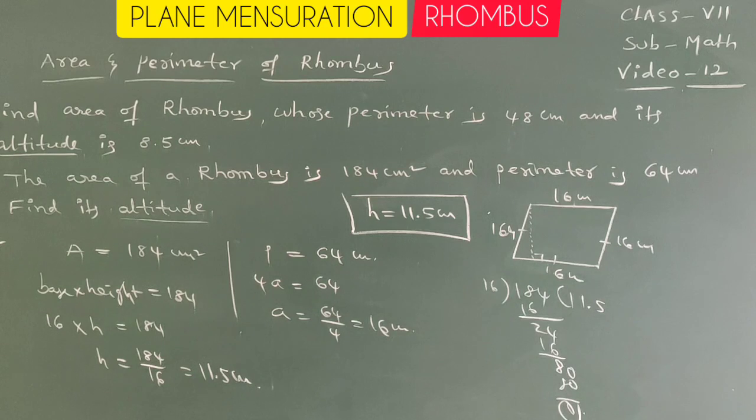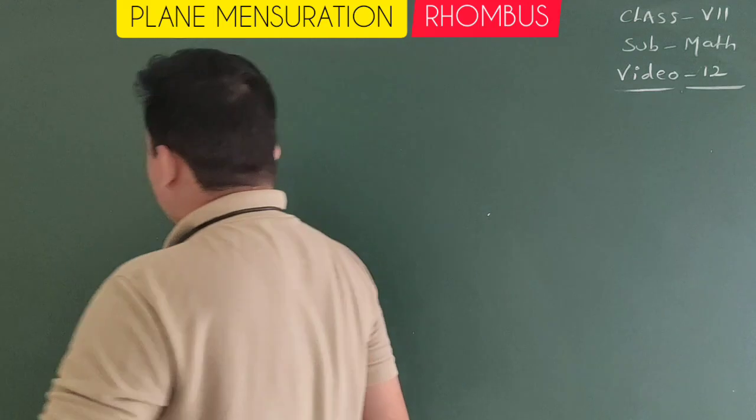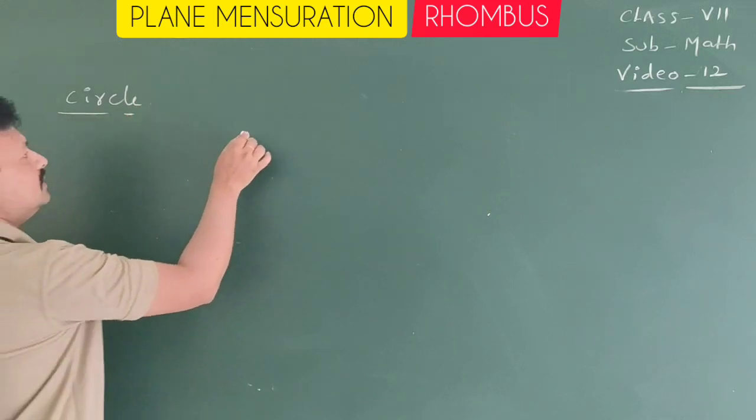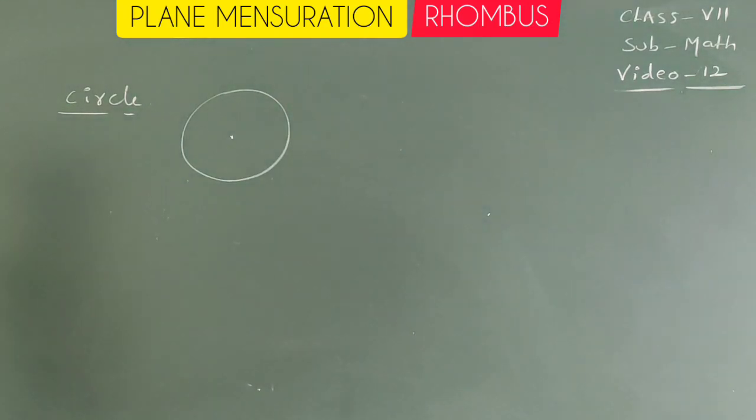Circle. Already we discussed the circle and its properties. Once we need to look over there, and I'll write all the formulas which belong to circles, and tomorrow onwards we need to discuss the problems based on circles. Circle is a set of points which are equidistant from a fixed point. Set of points which are equidistant from the fixed point is called a circle. Circle is a plane figure.